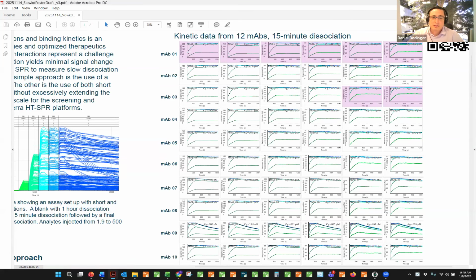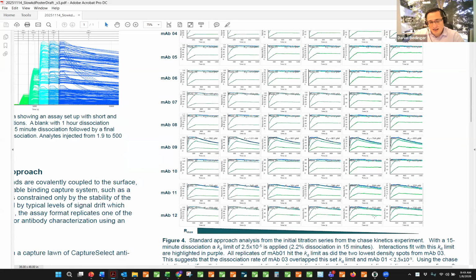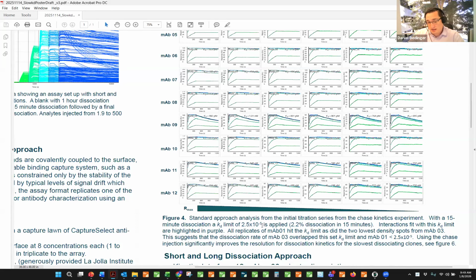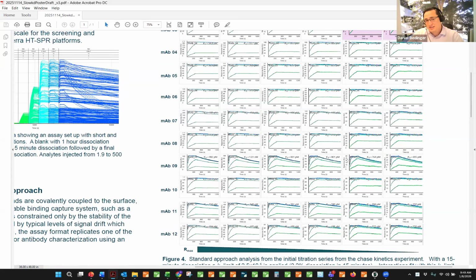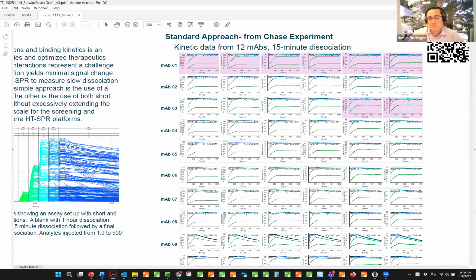But at the top, we have this one clone where they've all hit an off-rate limit, which for 15 minutes I set at 2.5 times 10 to the minus 5, which is a 2.2% dissociation in 15 minutes. So that's our limit for the sensitivity of this. And then we have another clone that's obviously dancing right around that level because the two lowest densities also hit that limit. So we have a clone that's below that limit and a clone that's sort of at that limit